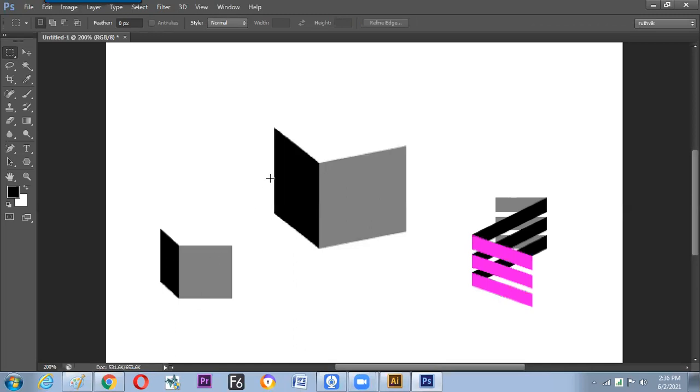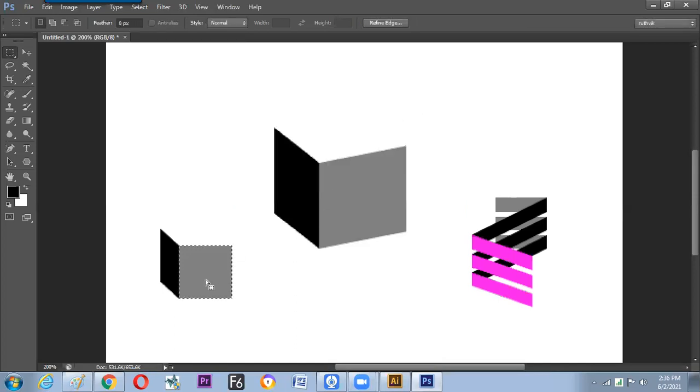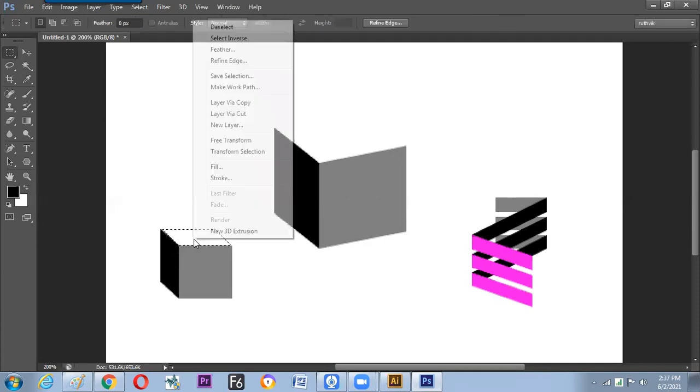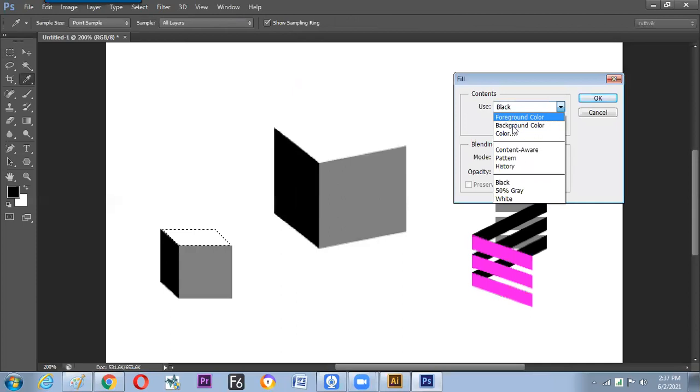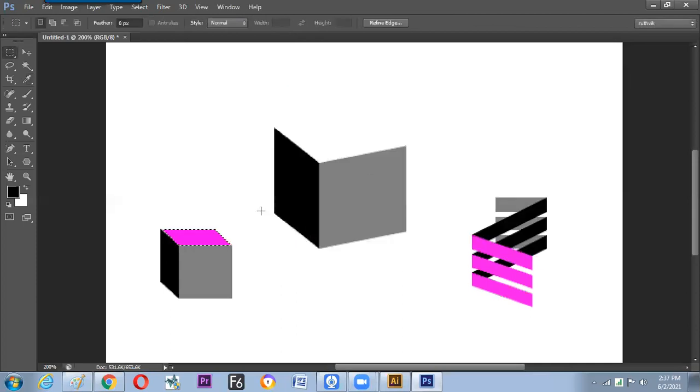Load the selection. So now we'll be learning loading selection. It is inside the selection menu, load selection. Then it will show you all the selections we have saved. So exactly the same place it has come up. Now transform selection, hold the Control button and drag it up and place it onto the other side. Which button are we dragging with? Control. Press Enter. All the theory has been given. Now fill it up. Choose your color directly from the screen. Get it okay. Job over.